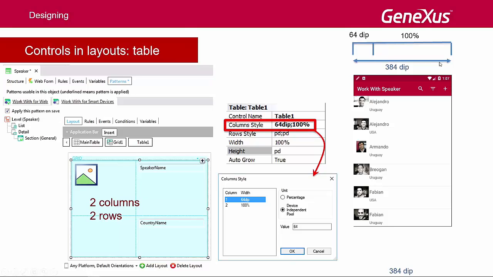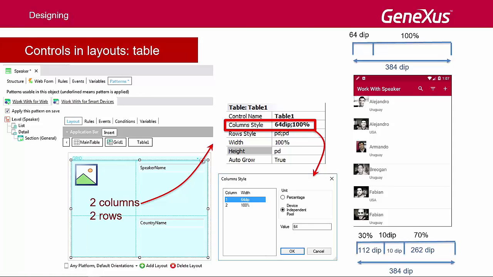The size of this column will then be 320 DIPs. If we had 3 columns, as we can see here, the first one with 30%, the second one with a fixed value of 10 DIPs, and the third one with 70%, the values taken by the first and the third one, expressed in percentages, will be obtained by applying these percentages to the value resulting from subtracting the sum of the fixed values, only one here, 10 DIPs,